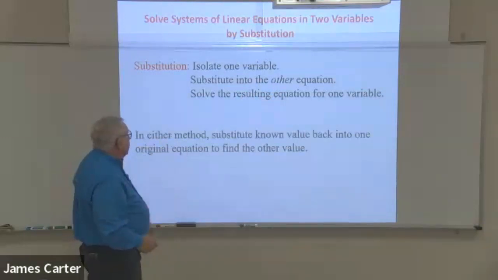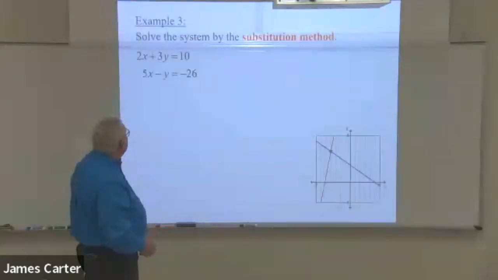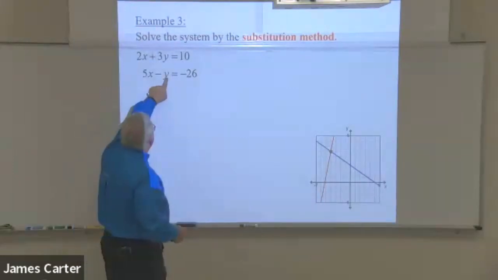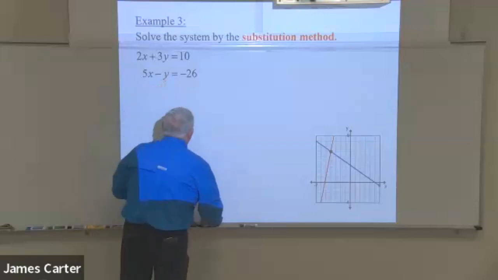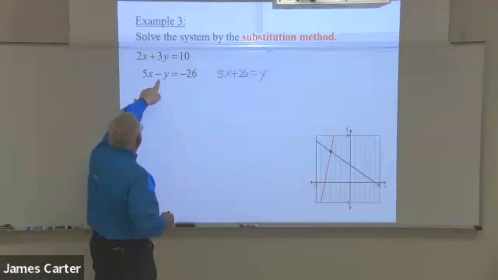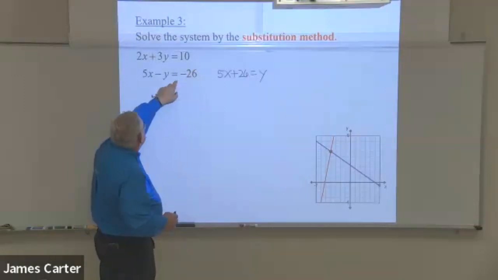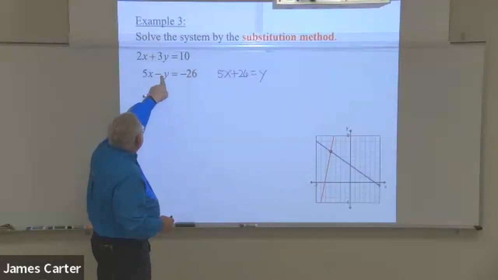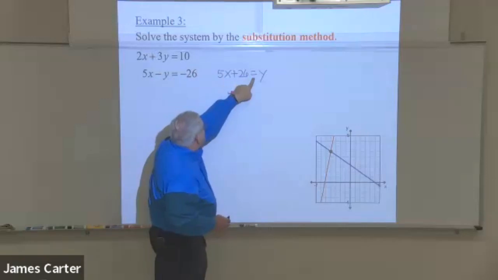In either case, then the second step for the second variable is just like we're doing for addition already. All right, in this case, this one will be the easiest one to get an isolated variable on. So in this case, we take the 5x over to the other side, divide both sides by a negative, resulting